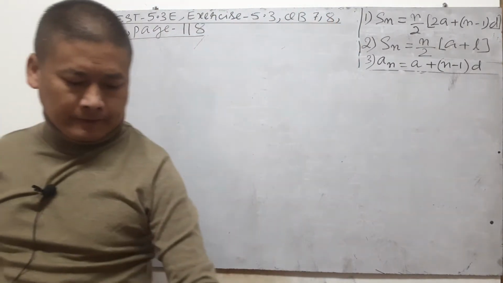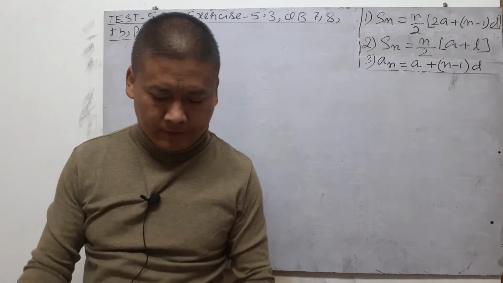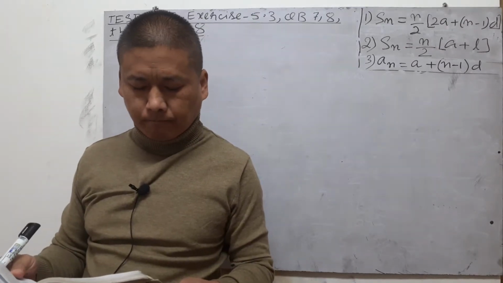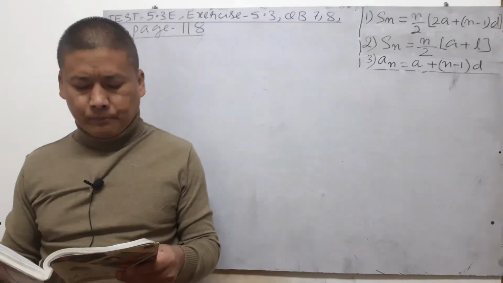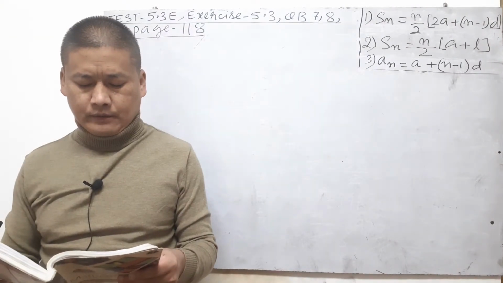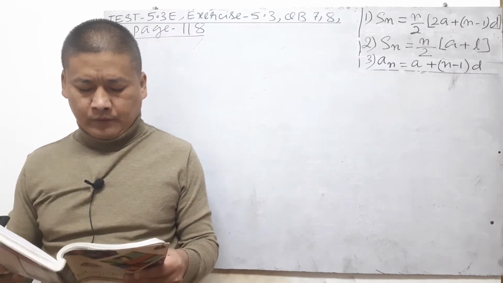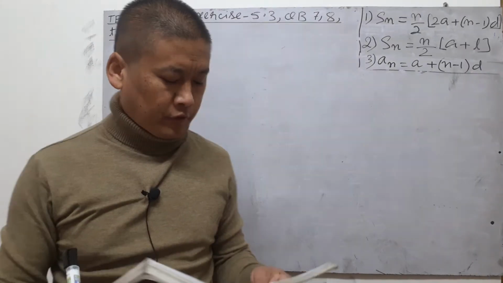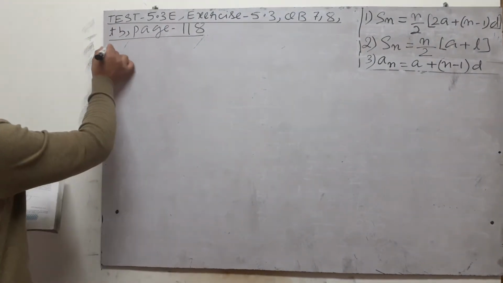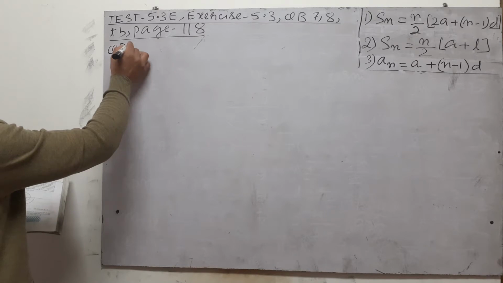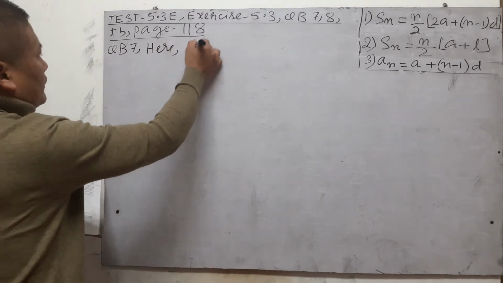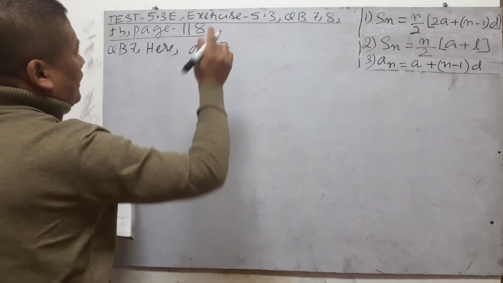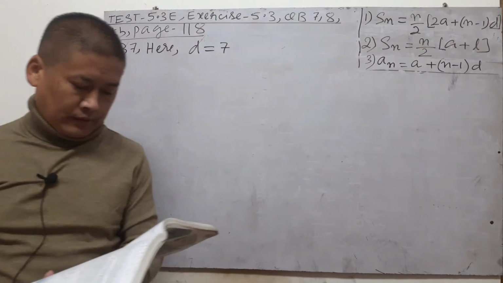And let us see the first question, 7. Let me read the question for us. Find the sum of the first 22 terms of an AP in which D is 7 and the 22nd term is 149. So question B7. Here we are given the data as we read the question. D, the common difference, is 7, and then